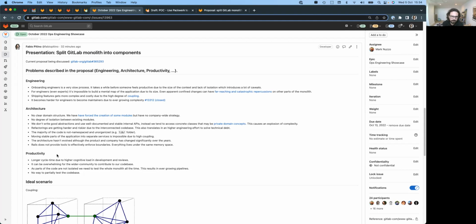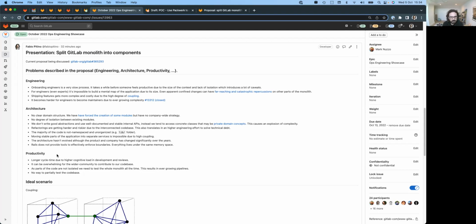And we have a lot of issues with unorganized code, especially in the lib folder. Rails doesn't provide good boundaries by default, and everything lives under the same namespace. Everything is public for Rails, and you can reference any constants. This is very powerful in a way, especially if you want to get started very quickly with Rails, but as the complexity of the application grows, it gets harder to maintain a code base that allows you to reference anything you want, because it basically allows you to couple things in different directions and build spaghetti